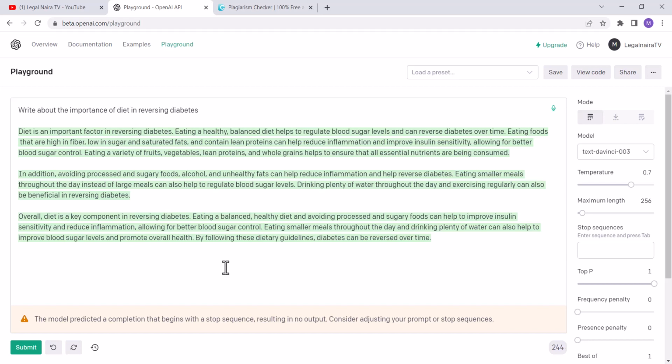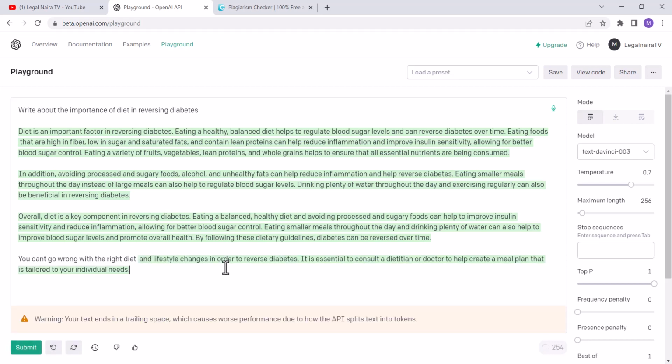For example, let's write, you can't go wrong with the right diet. As you can see, it has continued. We actually said you can't go wrong with the right diet. Then the app continued and said, and lifestyle changes in order to reverse diabetes. So it has completed a sentence for us. We only wrote a short sentence and it has added more. So now it reads, you can't go wrong with the right diet and lifestyle changes in order to reverse diabetes. It is essential to consult a dietitian or doctor to help create a meal plan that is tailored to your